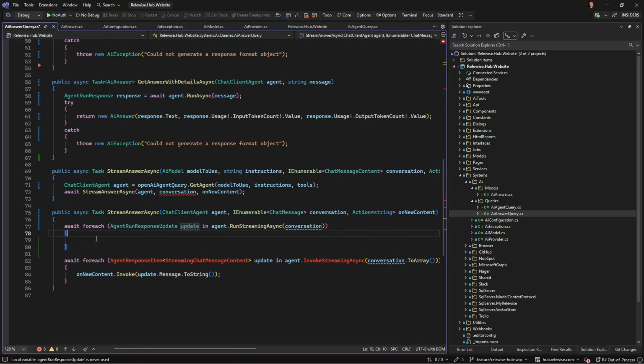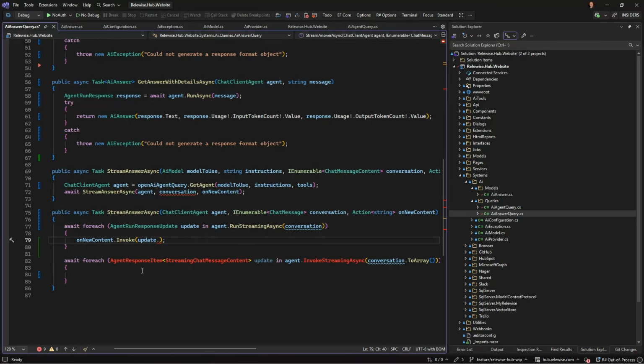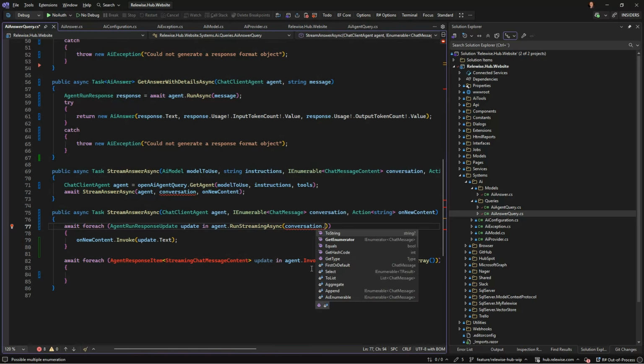Have the update. And on the update, we're just gonna say update. Use the normal string here. It's just a text, I guess. We can throw away the codes to array. Is that not needed?